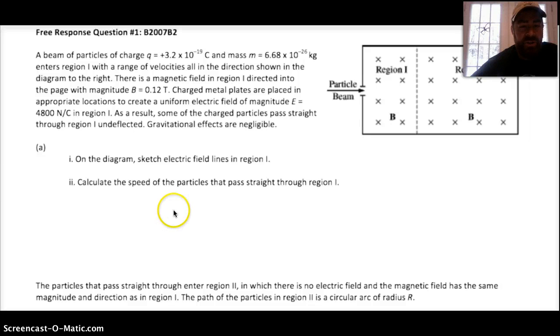This is the first question from the magnetism practice packet. It's the second question on the 2007 alternate exam. It reads, a beam of particles with charge positive 3.2 times 10 to the negative 19